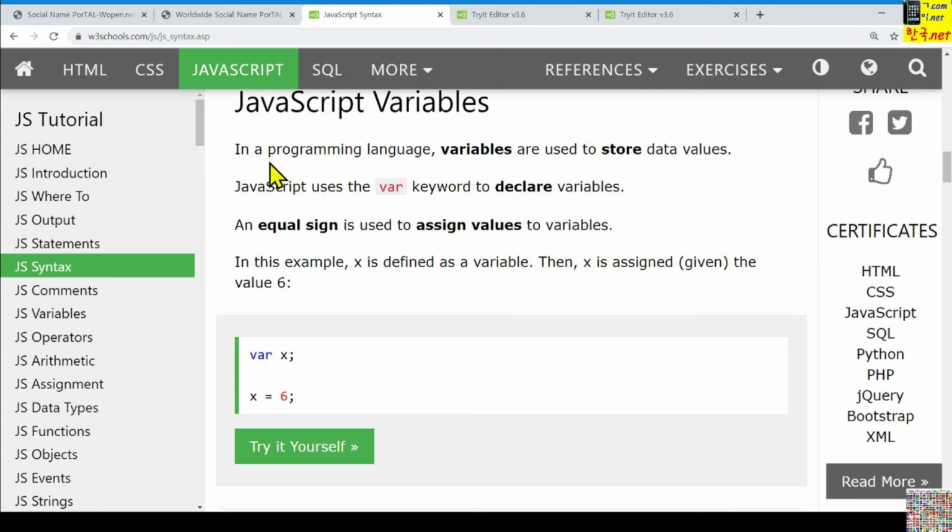As you already learned in other programming languages, the meaning of variables is mainly to store data in a certain area of the memory.